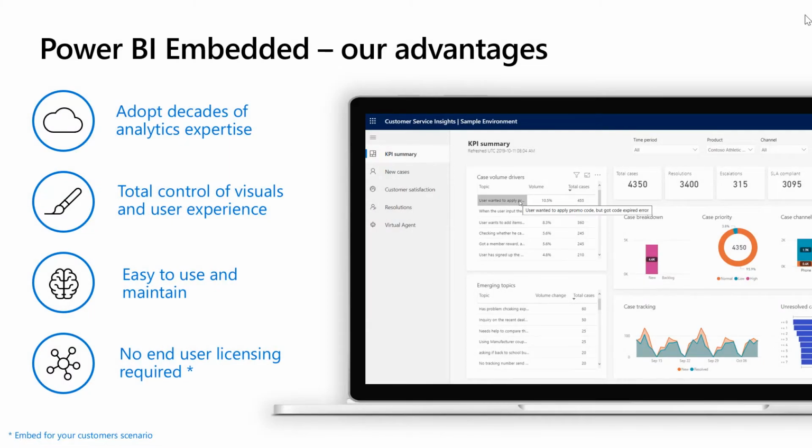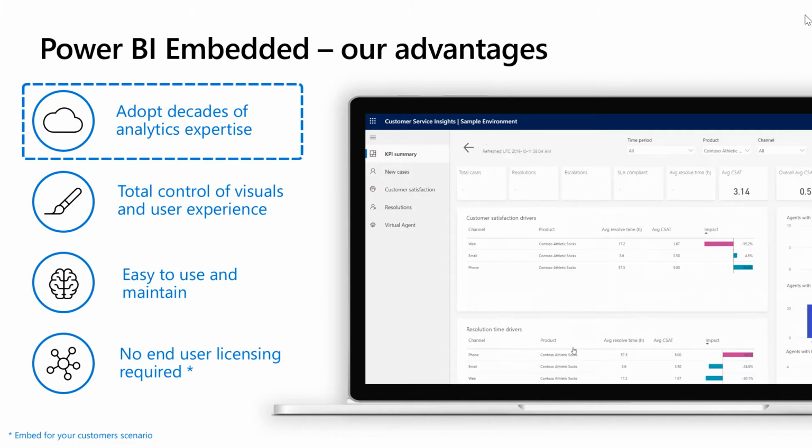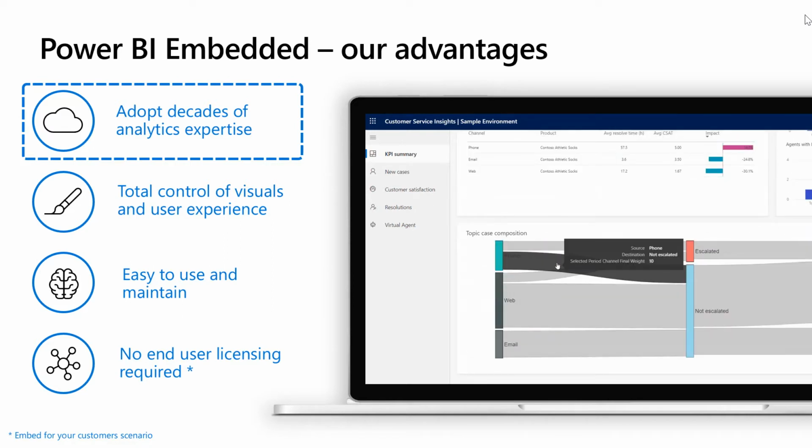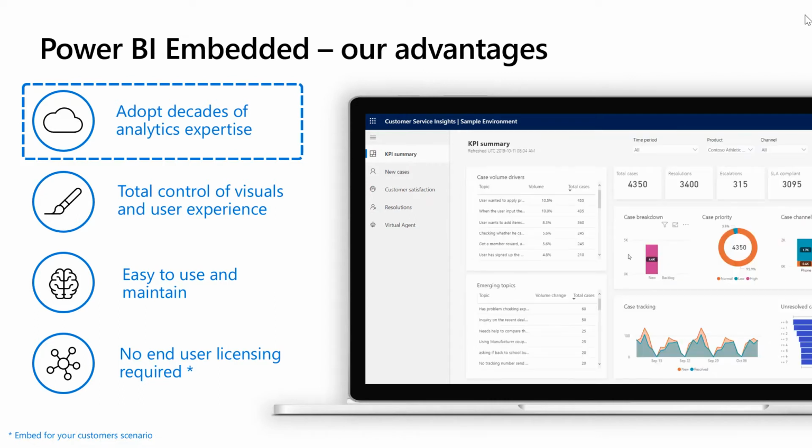Now that you've been impressed with Power BI Embedded Analytics and how it can be integrated in your web application, I'd like to emphasize why customers are choosing Power BI Embedded Analytics. Highlighting the advantages, our customers have mainly mentioned the following reasons. Adopt decades of analytics expertise and give users access to the continued investment Microsoft makes in business intelligence, data, analytics, and AI. Two decades of BI innovation and leadership, hundreds of features released annually, a dedicated engineering team, that's us and our colleagues,